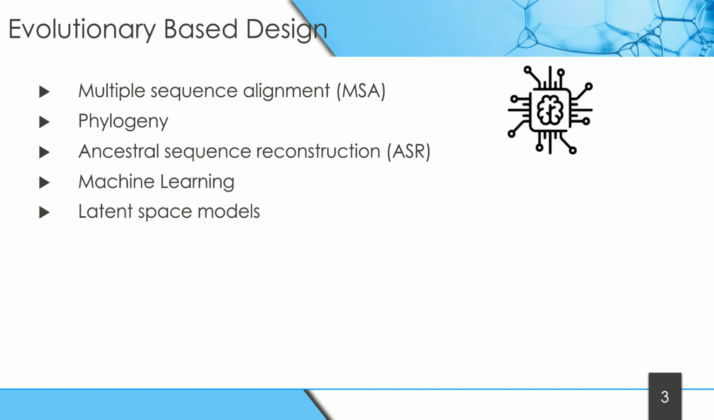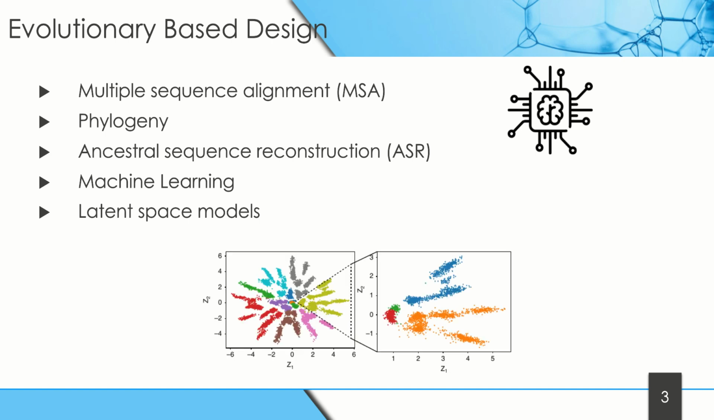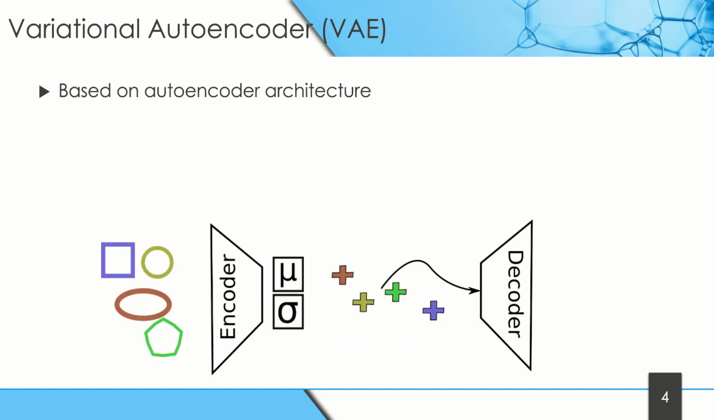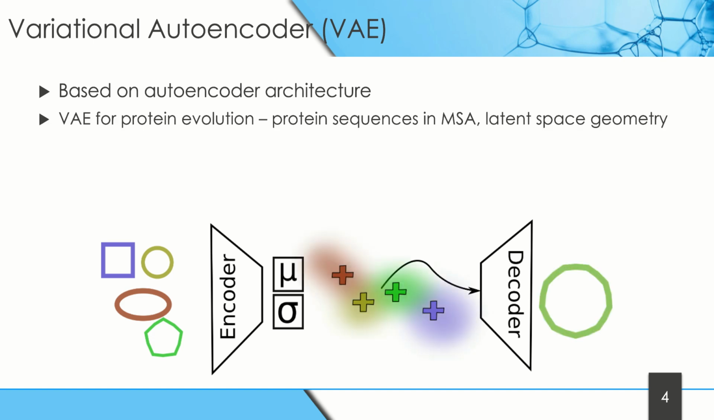A way to tackle these challenges in evolutionary design might be the use of machine learning with latent space models capable of deducing evolutionary information without the need of a phylogenetic tree. Variational autoencoders are latent space models which consist of two parts, an encoder and decoder connected by the informational bottleneck called latent space. By sampling from this space, VAE can generate new meaningful samples and also can generate new meaningful